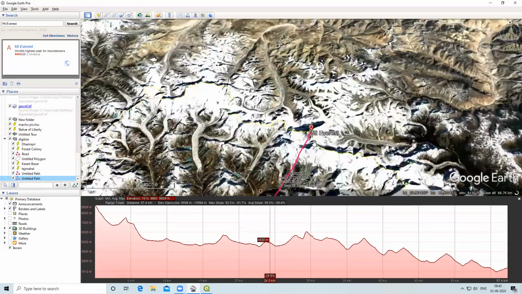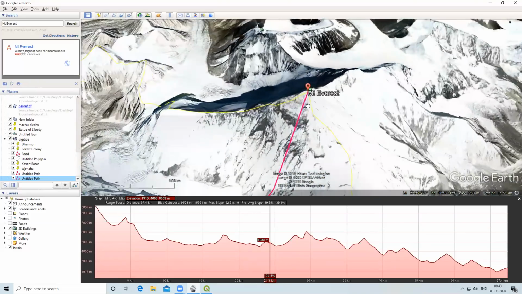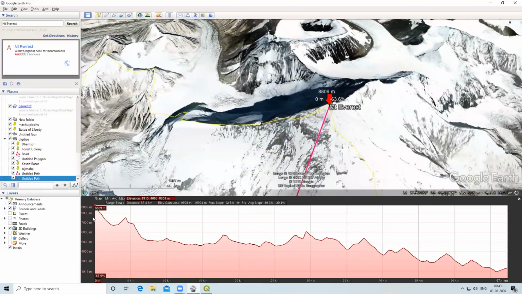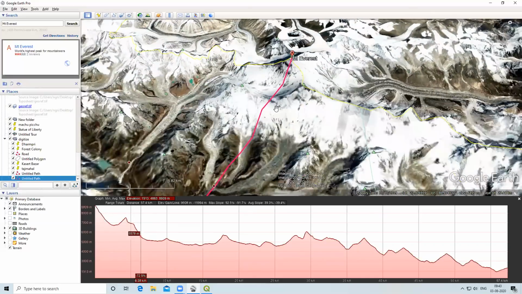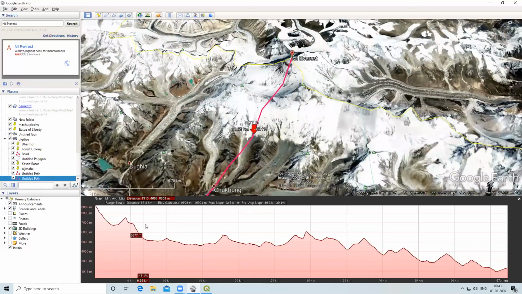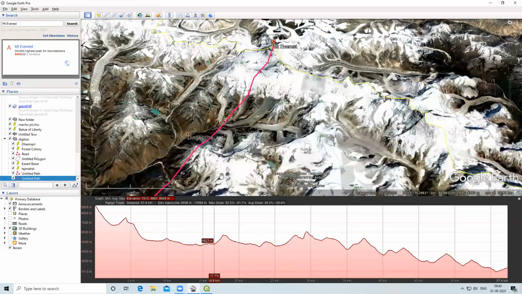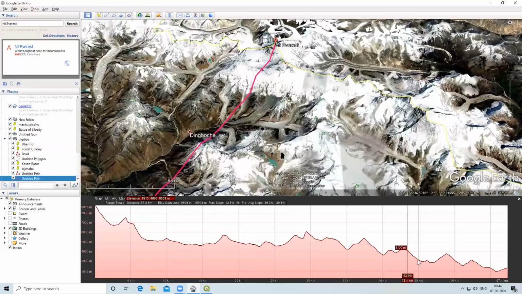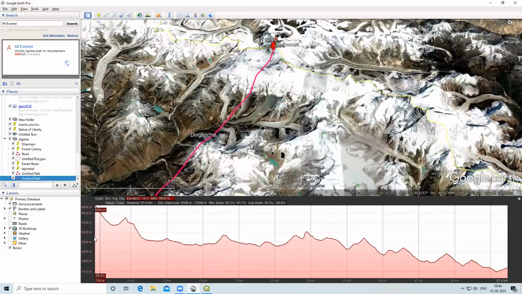So this is the highest peak of Mount Everest. Now you can see 8,809, it's showing the maximum elevation at this place. As we are moving away from Mount Everest, the elevation decreases. Like this we can see an elevation profile in Google Earth for your desired location.